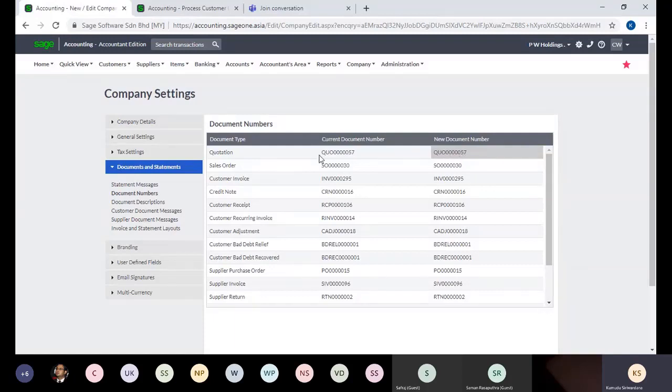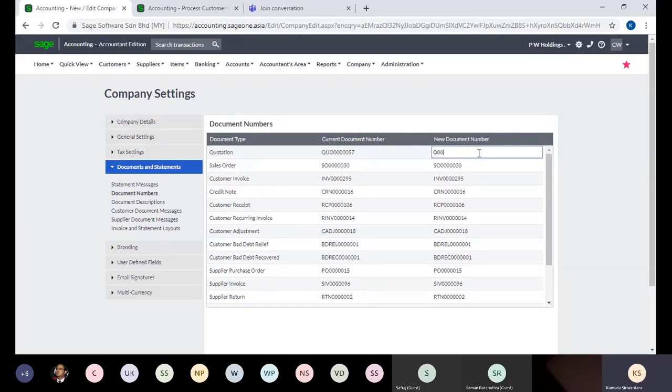Okay, from here we can set a number. Now if you implement a system and you already have some quotation numbers, for example, you might choose Q005 in your last invoice. After you implement the system, if you want to continue the same serial number, enter Q006. In your previous system you used Q005, your last quotation number is 005, and after implementing you need to set the next quotation number,